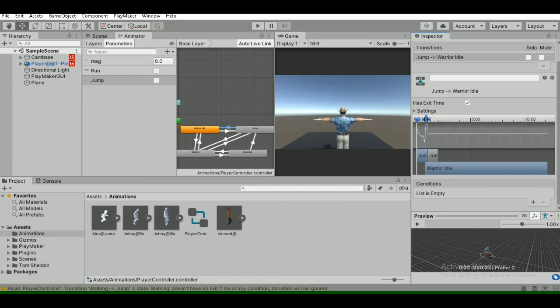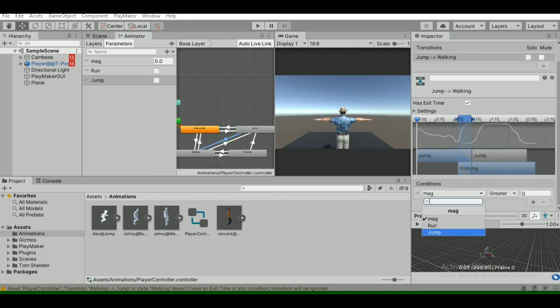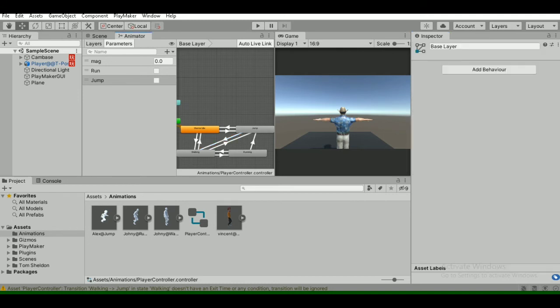Okay, so make sure that it is checked. Now just add a new condition: jump should be false, then only will it come back. Yeah, that's all. Now again go to the script